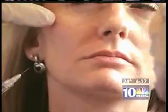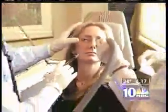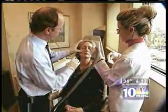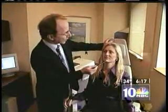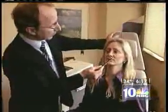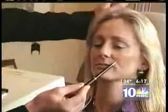The whole lifting idea started years and years ago, decades and decades ago, but that was only one dimension because the aging process is more than just sagging. It's also deflation. JUVÉDERM reinflates. With Carol, what I wanted to do is help her with the fold that she has here between the cheek and the lip, also with a little bit of the downturn that is present here at the